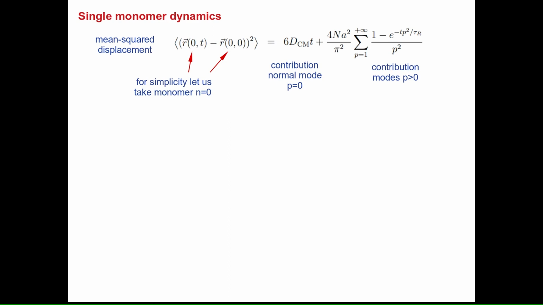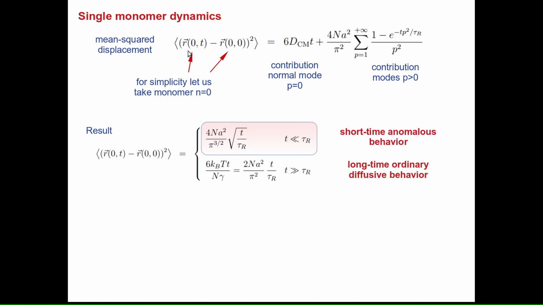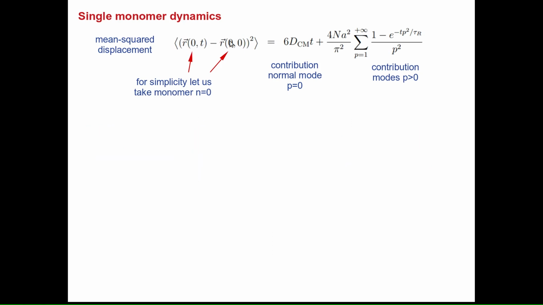Now we are looking at the dynamics of a single monomer. In the previous case, the end-to-end distance involved the two endpoints, but let's look at the mean square displacement of a monomer, and for simplicity I want to consider the monomer with n equal to 0. I do that because the expression is a bit simpler, but the same physics also holds for any other monomer. And what you have to do here